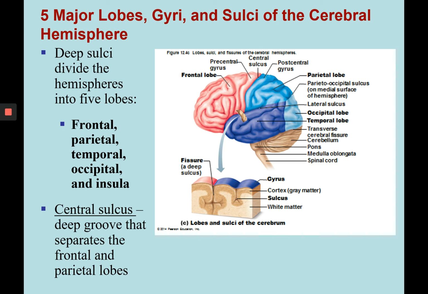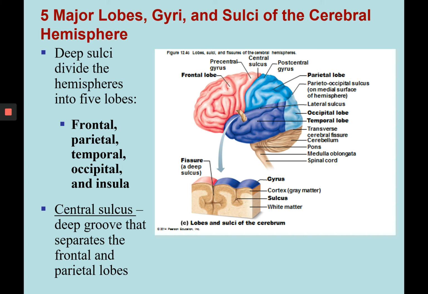Next, we want to talk about the 5 major lobes. There is the frontal, parietal, temporal, occipital, and insular lobes of the brain. The insular lobe is deep to the temporal lobe. We can see the temporal lobe in purple, and there's 2 temporal lobes, one on the other side as well. There's one occipital lobe in the light blue in the back of the head or brain, and then there's 2 parietal lobes. We're seeing the left parietal lobe. There'd be another one on the other side separated by the longitudinal fissure,